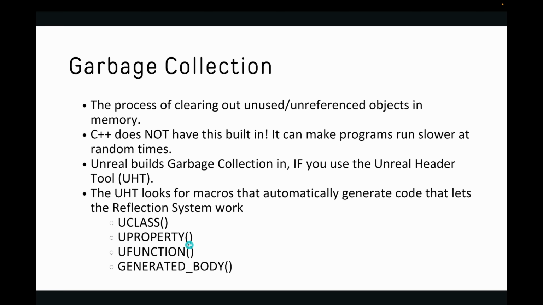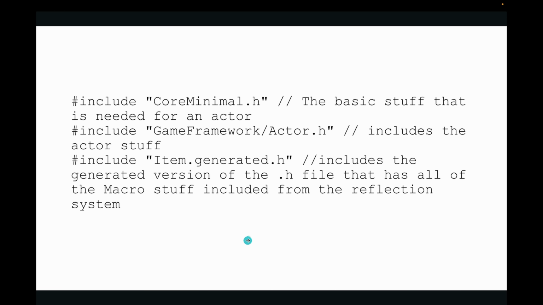Every function you make has UFUNCTION. And then inside of your header file for your class, you'll see something called GENERATED_BODY. This last one, GENERATED_BODY, takes all the code that's required for an object to have garbage collection or anything else that's required for the reflection system and includes it for you